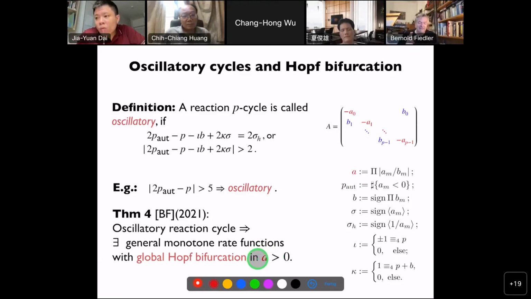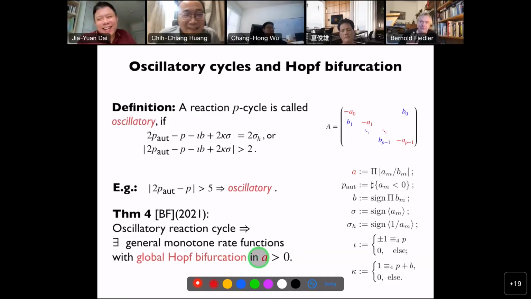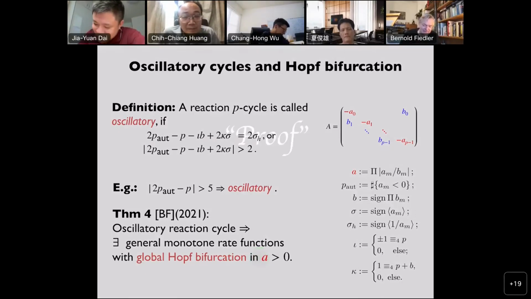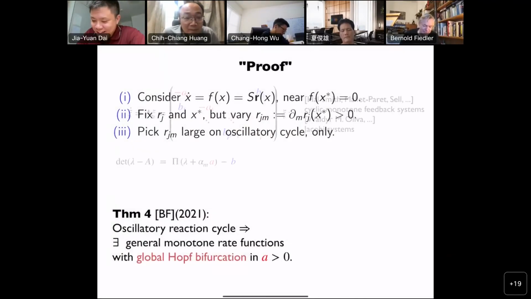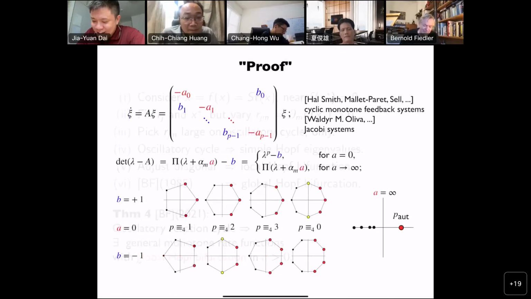This is a very long story, and I can give another talk on this another time. Let me just tell you today. Yeah, not next week, okay. So let me just, for today, illustrate how this works in specific cases. I will skip the proof. Well, this is only a pretended proof.